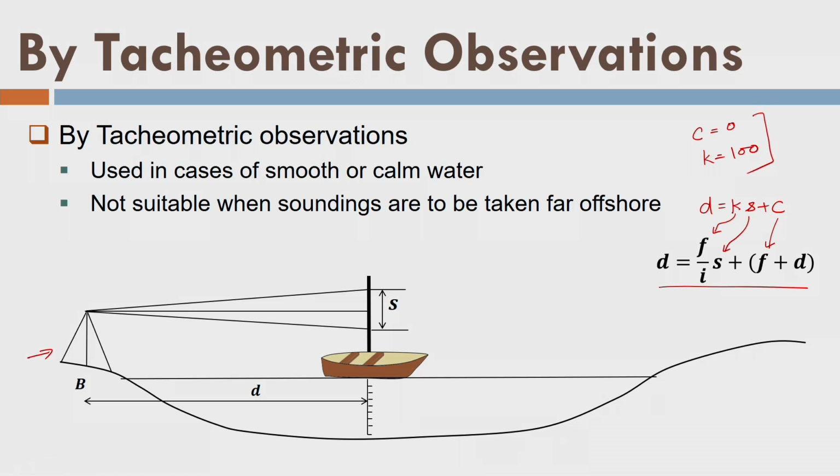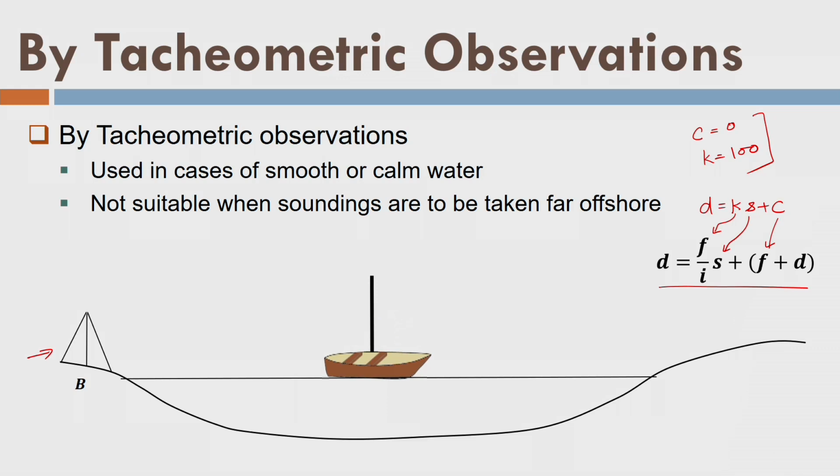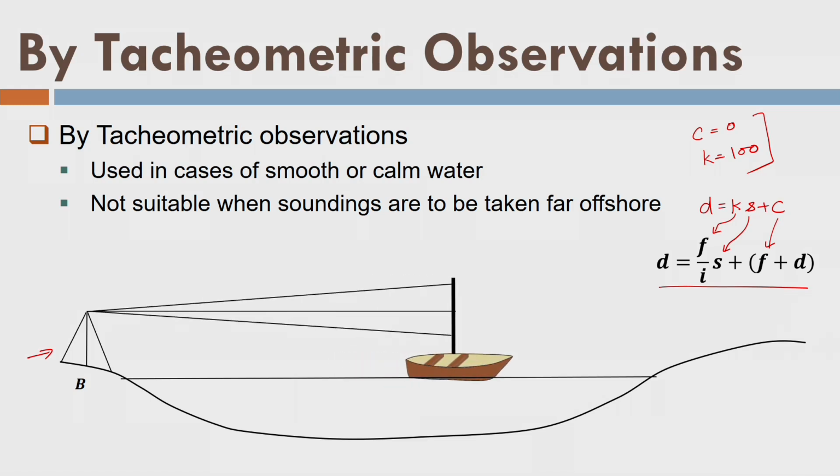Okay, so what will we do next? Let us move the boat like this, and in this position again I will measure the staff intercept, which is increased now, and so my depth of the sounding is also observed. So I can find out the distance. Now I can find out the next distance for this position, and at this position also we will observe the sounding measurement like this. So this is the distance d here, which again I will calculate by this formula.